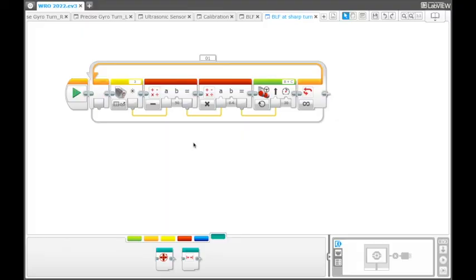In the Guardian Robot Challenge, we have many 90 degree turns. If you are following the black line, you have to stop the line following at a 90 degree turn, and after that take a 90 degree turn and again start following the line. So how are we going to do that? Let's understand it. This is the program using which you can follow the line, and as you need to stop at the sharp turn, the 90 degree turn,